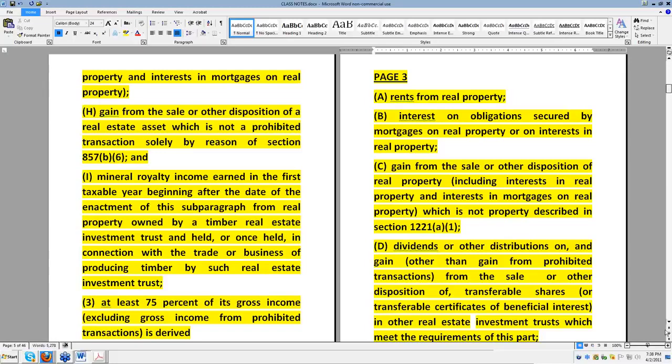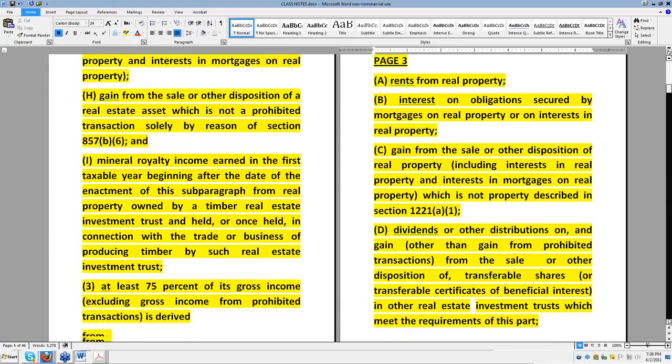3. At least 75% of its gross income, excluding gross income from prohibited transactions, is derived from,